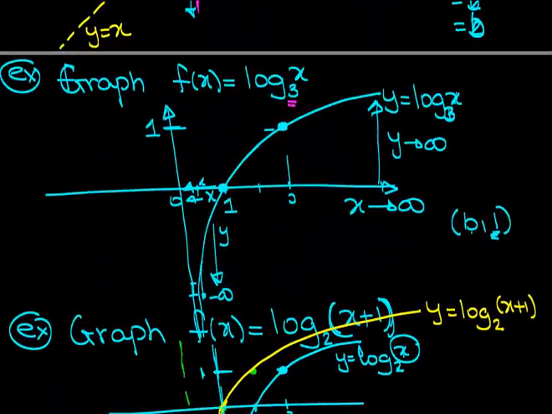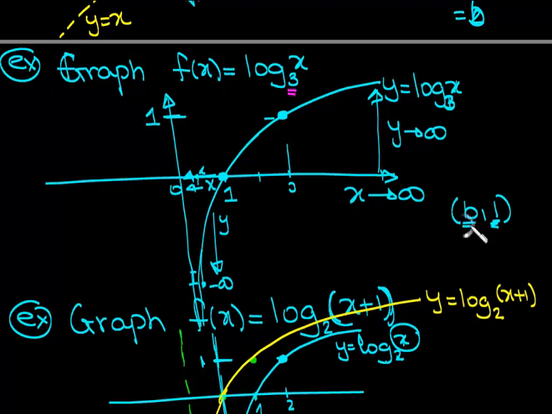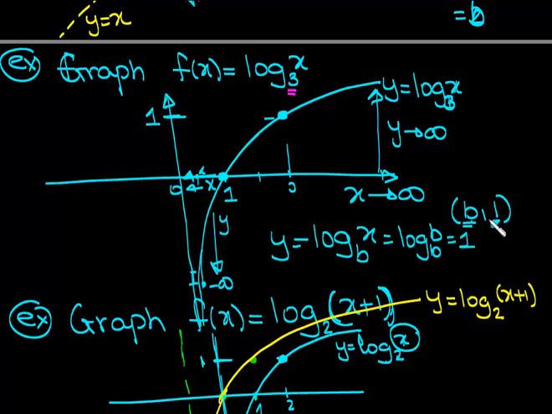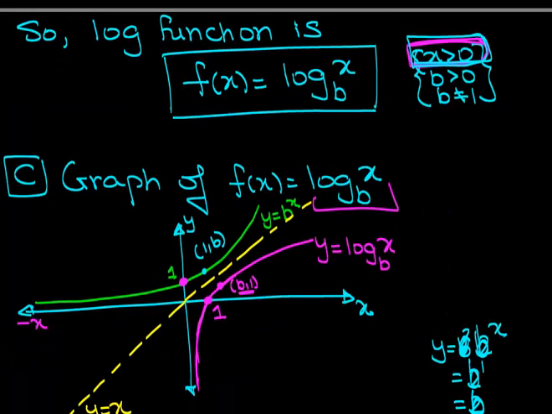I showed you that when the base and the number are the same, if x is the same as my base, so for example, if I had log of x base b, if y is that, and if x is b, so we get what? Log of b base b, then we get 1. When x is b, we get 1, and I showed that to you up here actually,